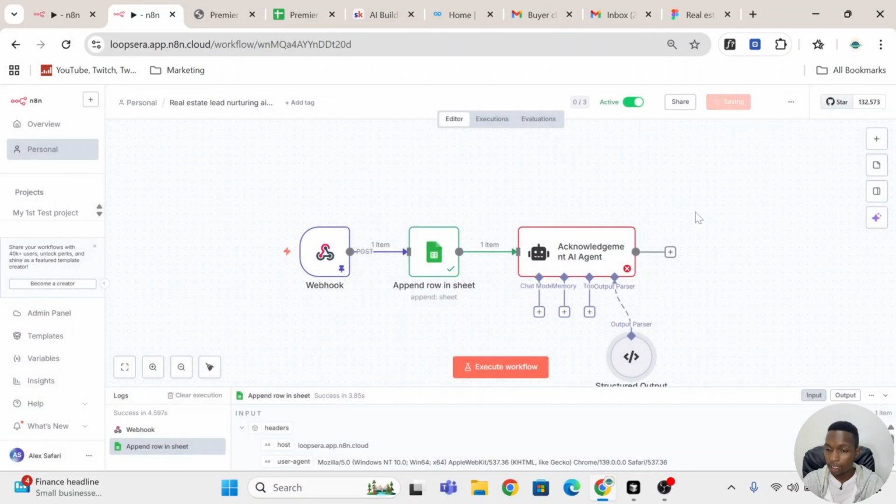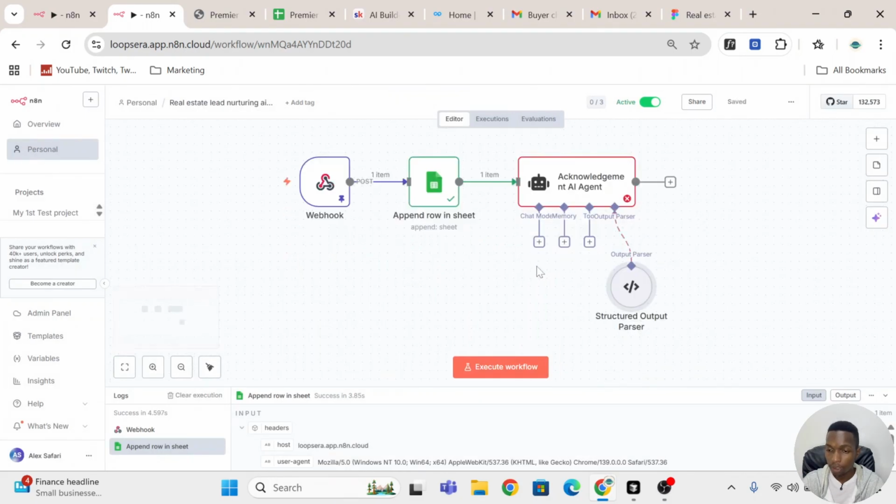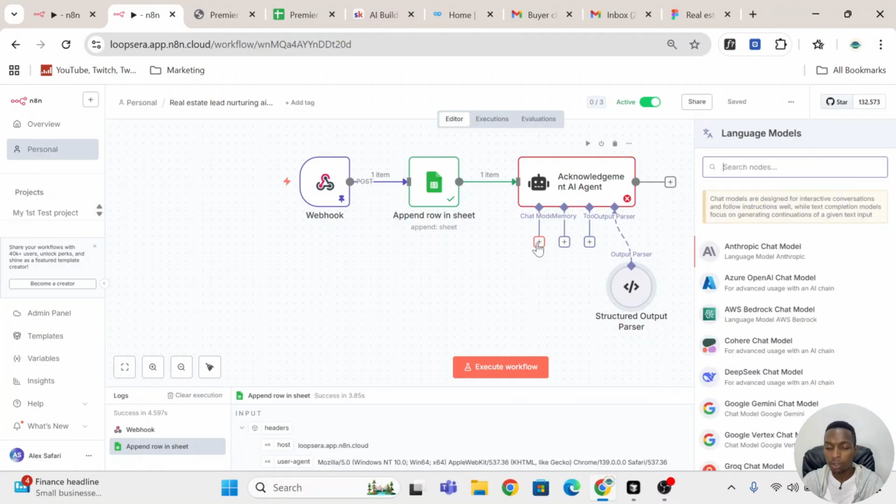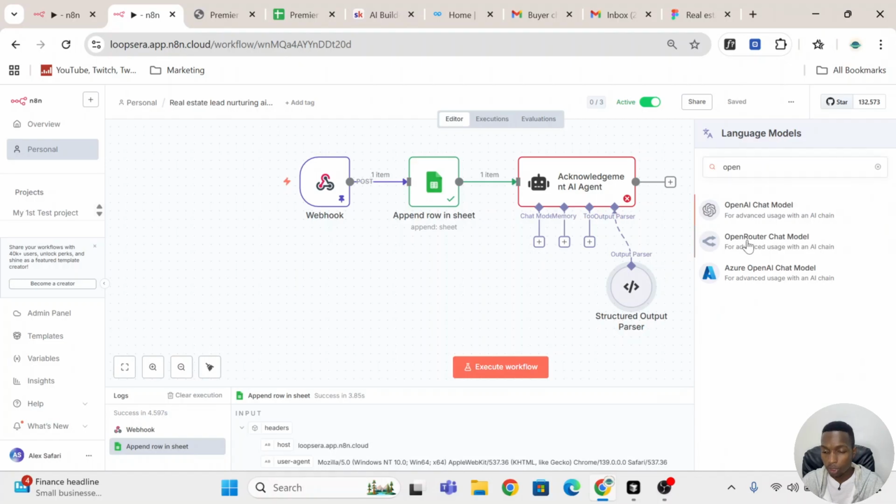And let's go ahead and save this workflow. Remember, at the time of recording this video, n8n doesn't automatically save your progress, so you need to keep on saving it so that you don't lose data. Next let's connect the chat model. So for this we're going to use OpenRouter,